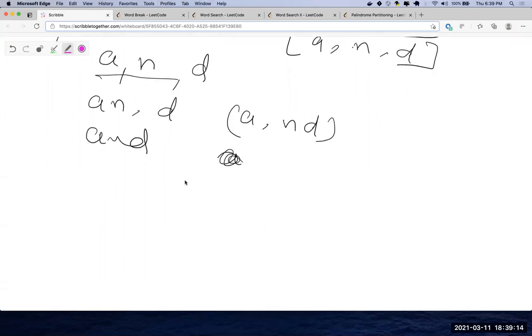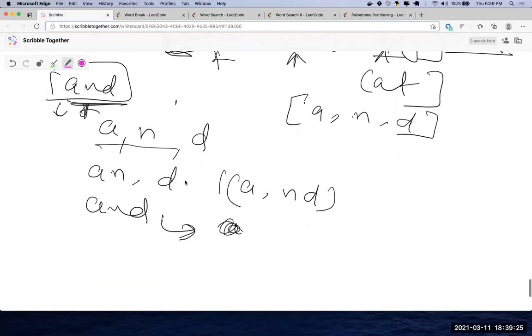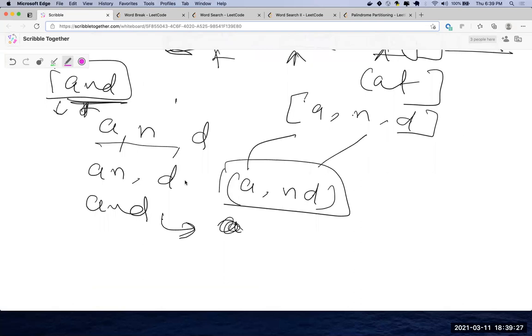Right, Tobias? So that is what you have to do. You are trying to break up A and D into as many words as possible and trying to check, is this word there in my dictionary? Okay, I broke this. Is this there in my dictionary? Is this also in my dictionary? If it returns true, then you check this one, then you check this one. You have to try everything, right?